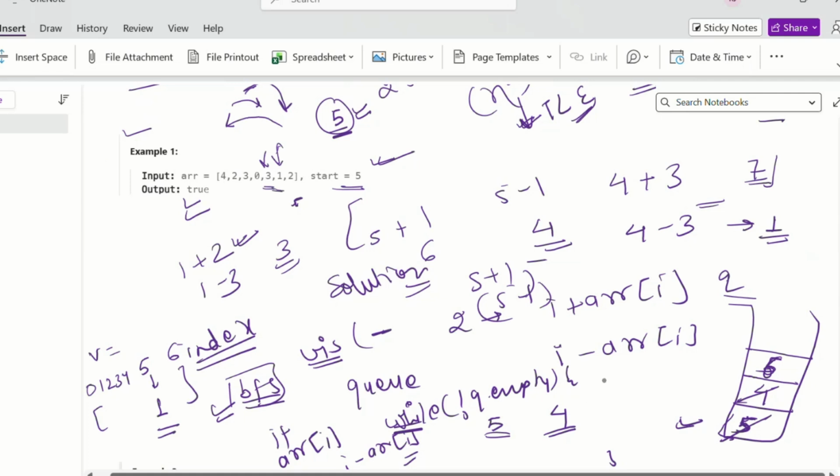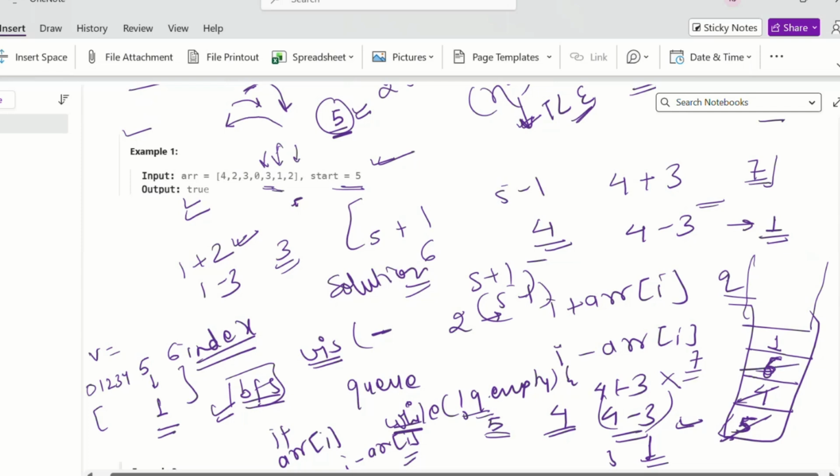From 4, we can move to 4 plus 3 and 4 minus 3. 4 plus 3 is 7, and we have indexes till 6 only, so 7 is out of the array and we ignore it. 4 minus 3 is 1, so we push this 1 into the queue.